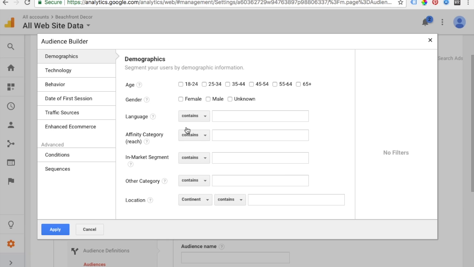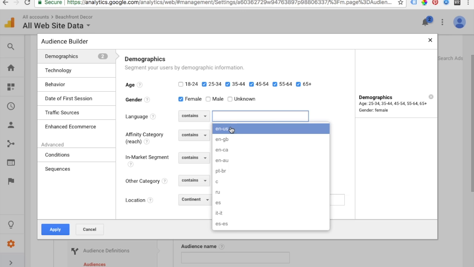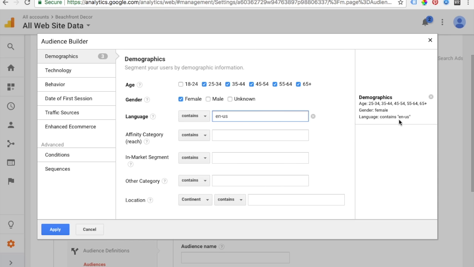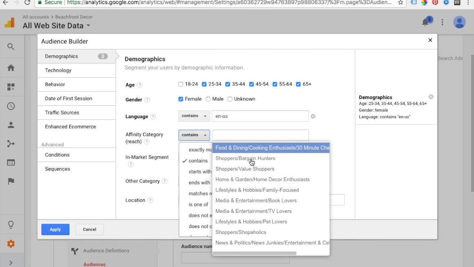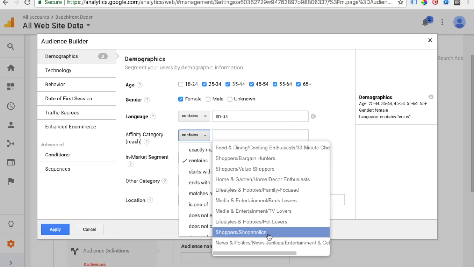So what I can do is, for example, I can take an age. Maybe I say, you know what, I only want to reach 25 and up. Since it's a beach decor website, I'm going to say just female. I'm going to do language. You could do language. So only people that have English US as their main language. Affinity category. So you can come through here and kind of see some of these different options here. So maybe I want to reach shoppers and shopaholics. So something like that,